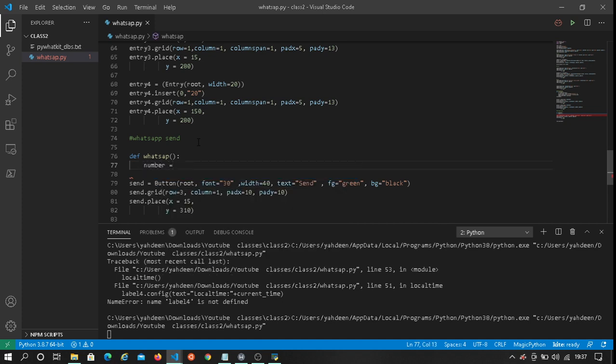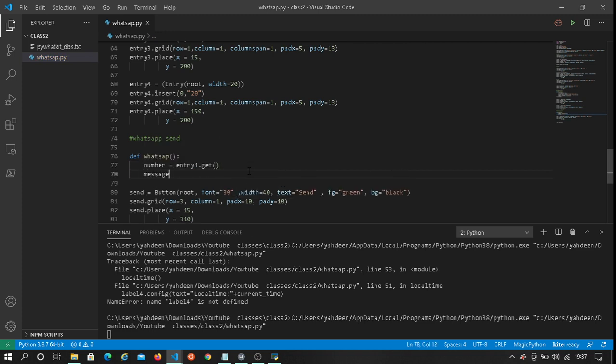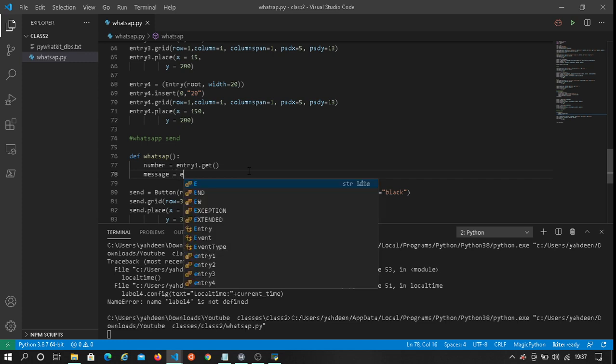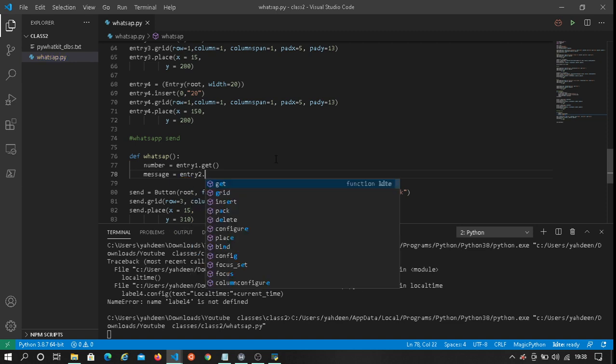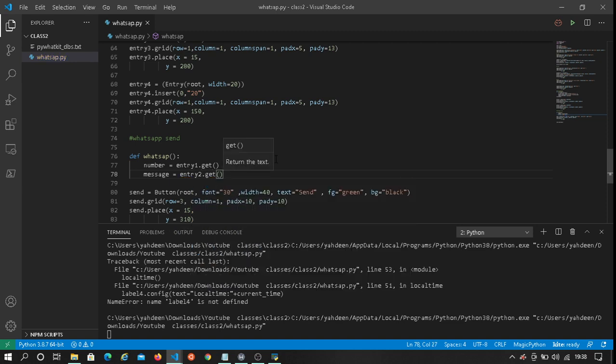So now let's write it: number equal to entry 1 dot get, and then message equals to entry 2 dot get. So in Tkinter, to get the value that you inserted in the entry, you need to write dot get, so that you can get that value.